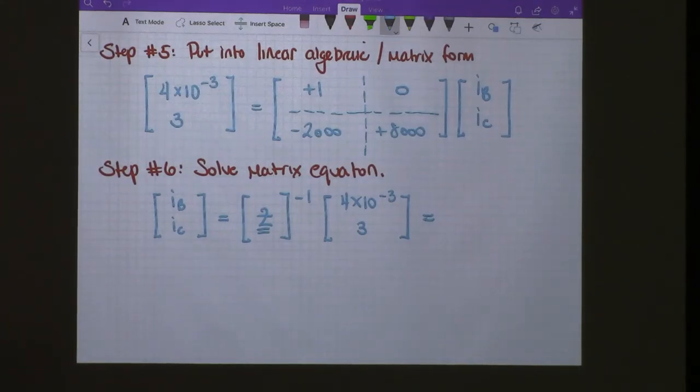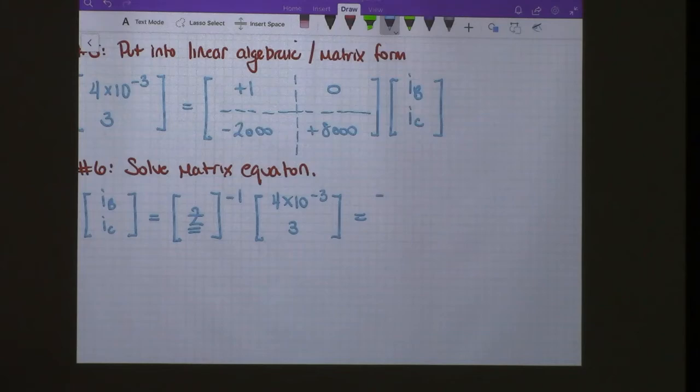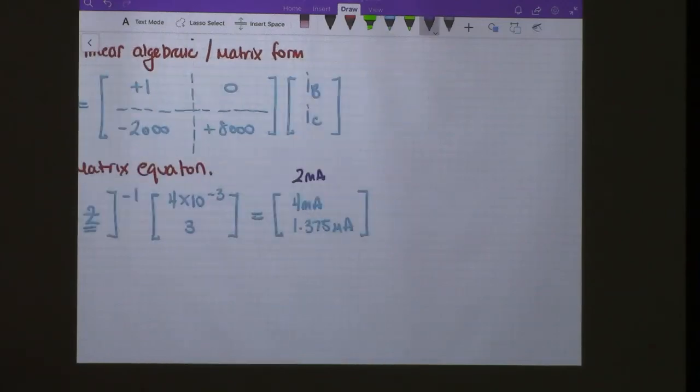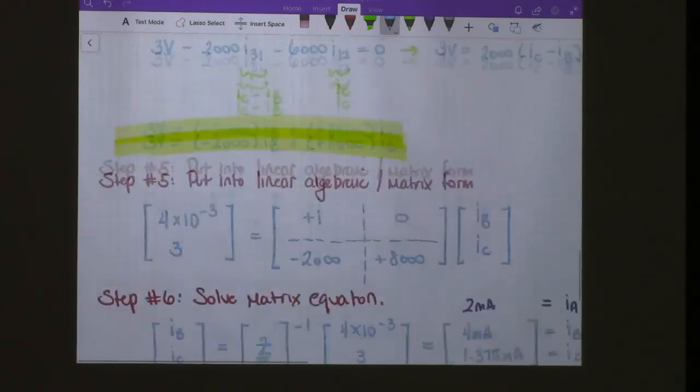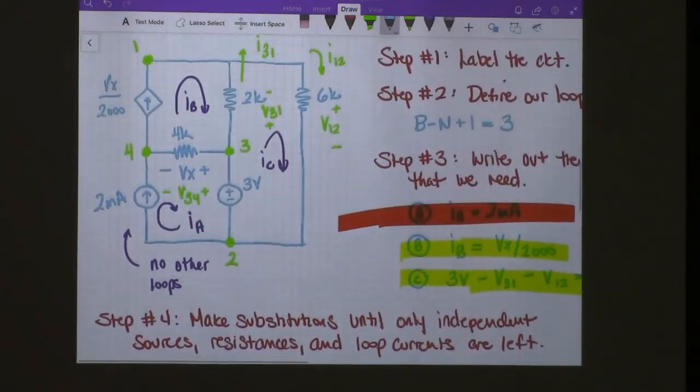This is equal to 4 milliamps. This is equal to 1.375 milliamps. And then up top, I'll just include as its own thing up here, we have IA, IB, IC. Now, if you wanted to figure out any of the individual currents, let's say, for example, you were